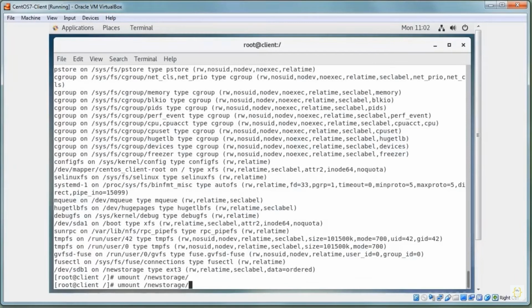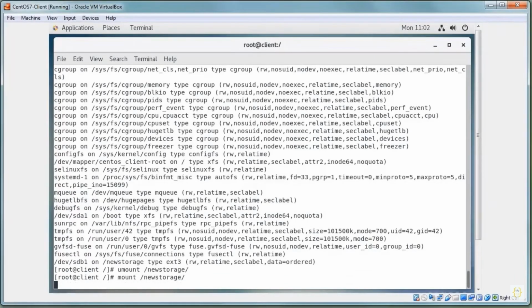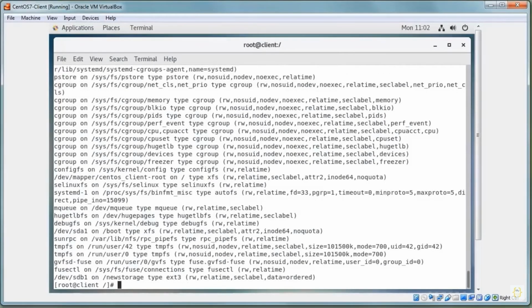And then if I want to mount the new storage, I can just tell it to do mount new storage, and it'll mount it because once again, it looks up in the fstab, or file system table file, and figures out what it needs to mount and how to mount it. And then I can type the mount command again, and once again, see that it is mounted correctly. Now, if I mess up